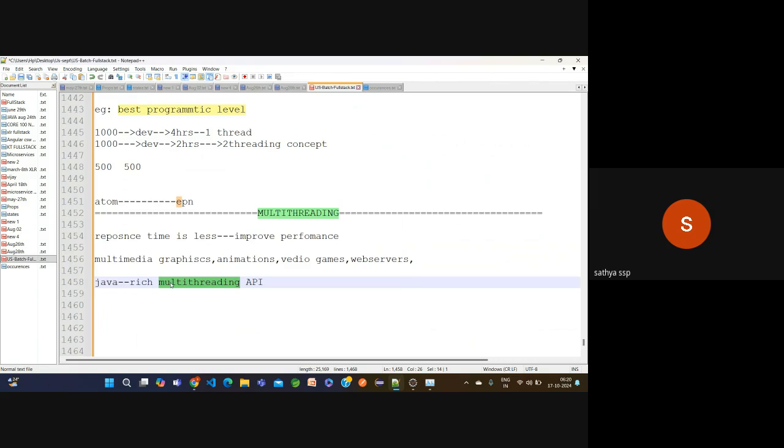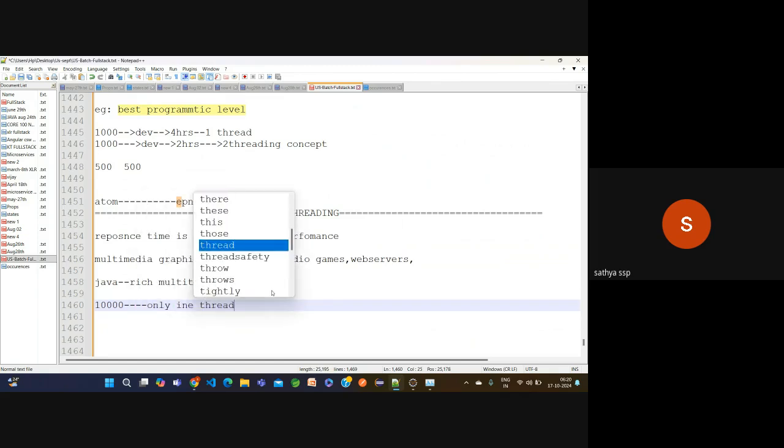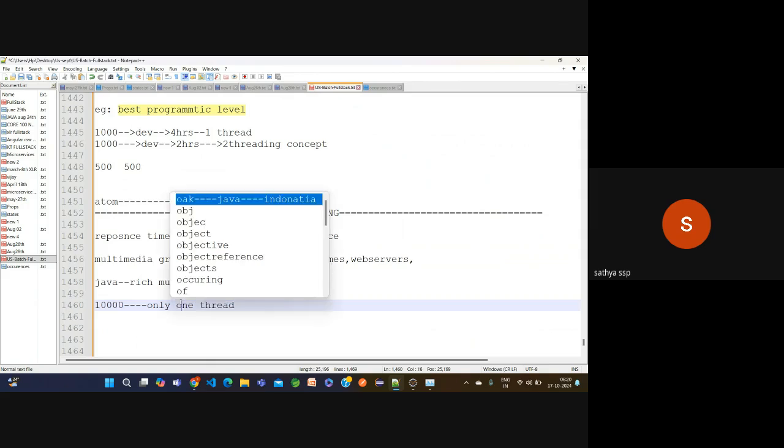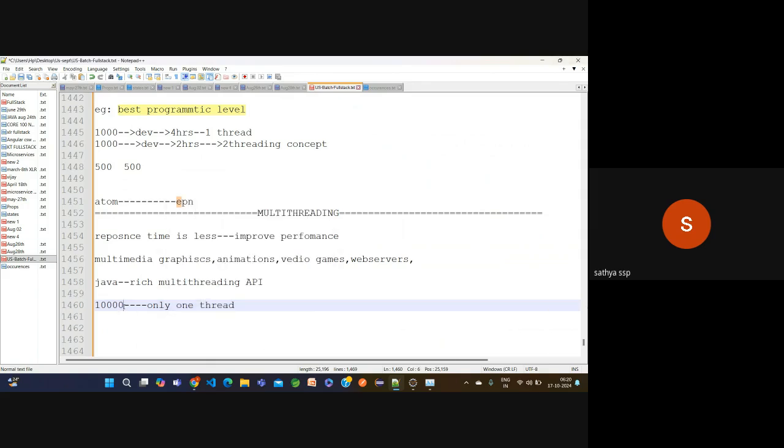Now here the main point is, till now whatever examples we executed, every example, even though 1,000 or 20,000 lines of code, is executed by only one thread. Simply, you can call it one person. Even though these 10,000 lines of code are executed by only one person, by using the multi-threading concept I'm going to create one more thread.